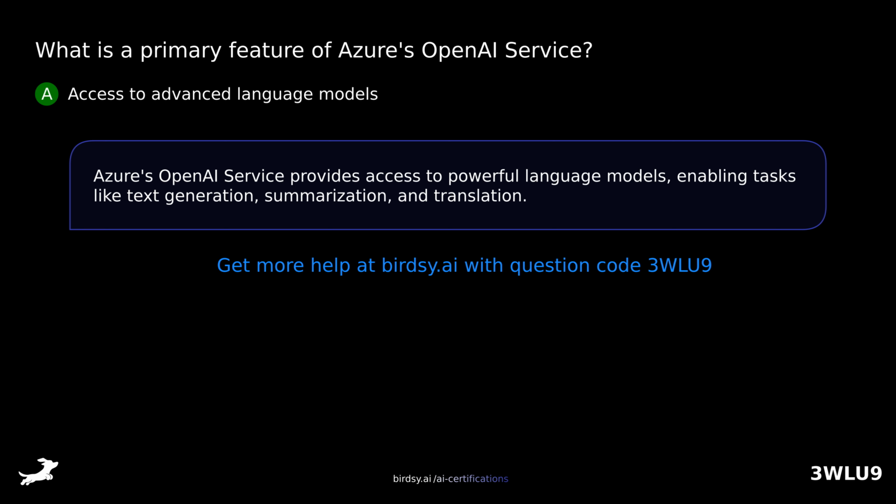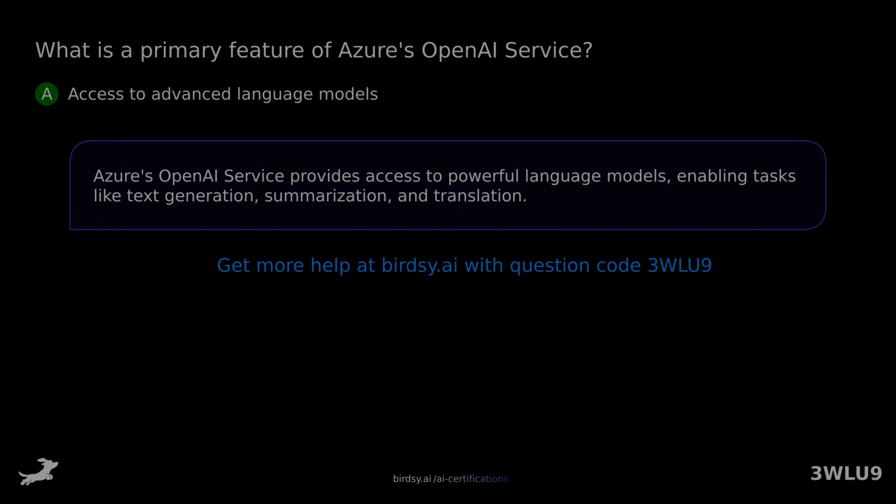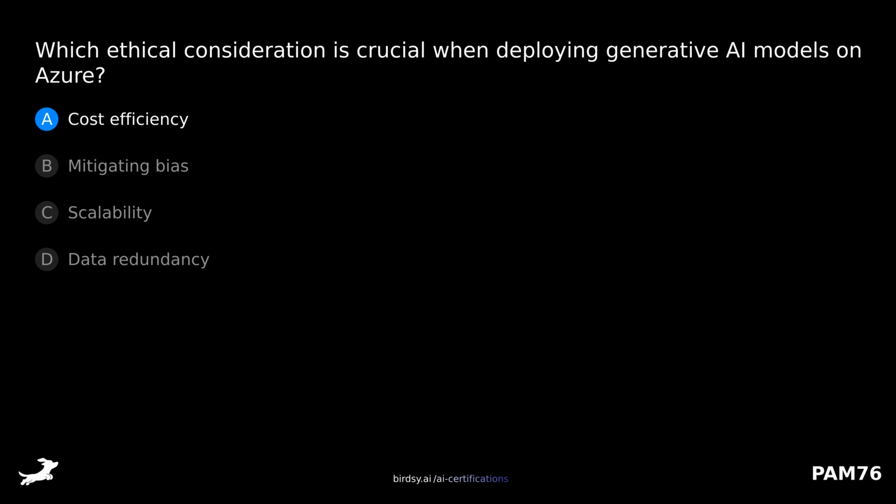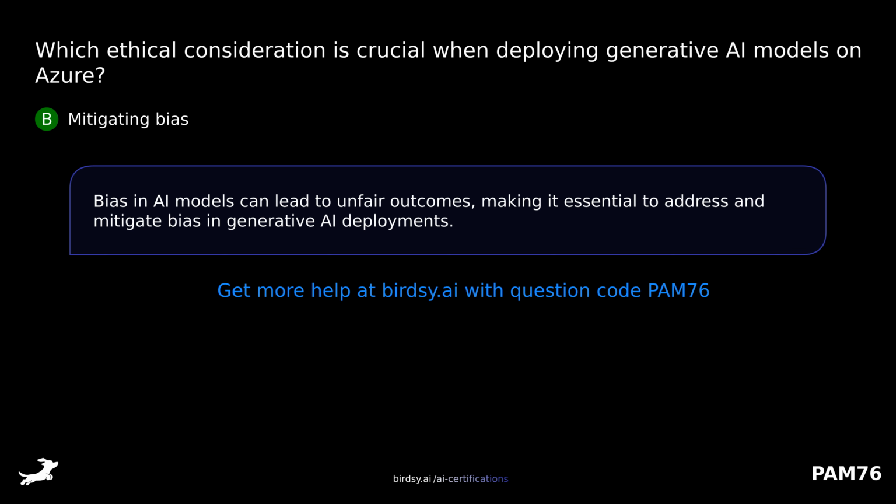Azure's OpenAI service provides access to powerful language models enabling tasks like text generation, summarization, and translation. Which ethical consideration is crucial when deploying generative AI models on Azure? Is it A, cost efficiency, B, mitigating bias, C, scalability, or D, data redundancy? The answer is B, mitigating bias. Bias in AI models can lead to unfair outcomes, making it essential to address and mitigate bias in generative AI